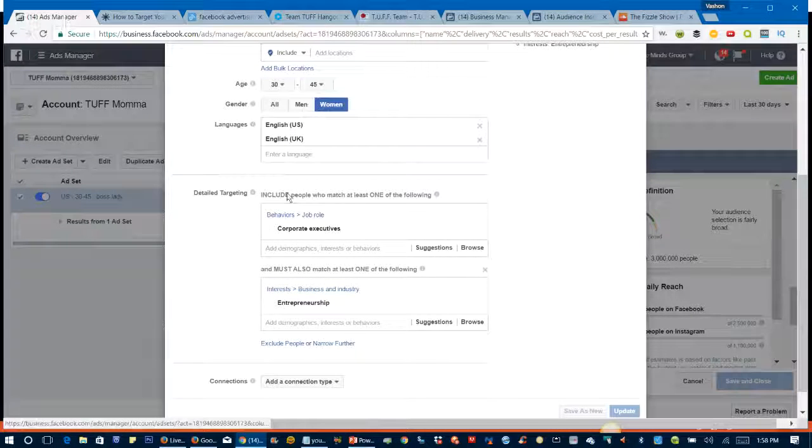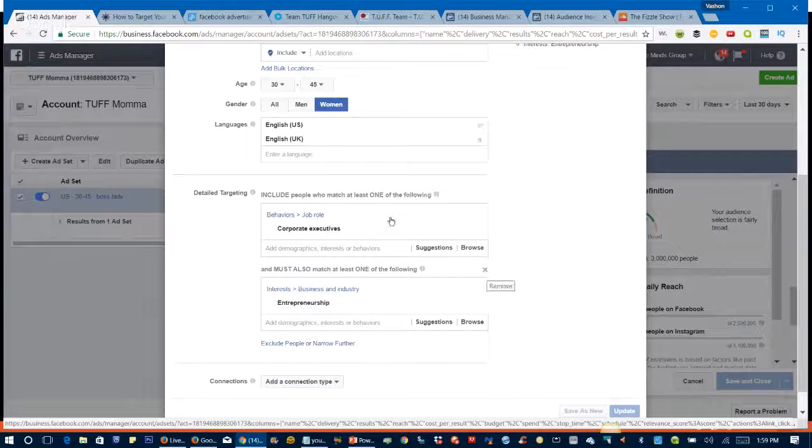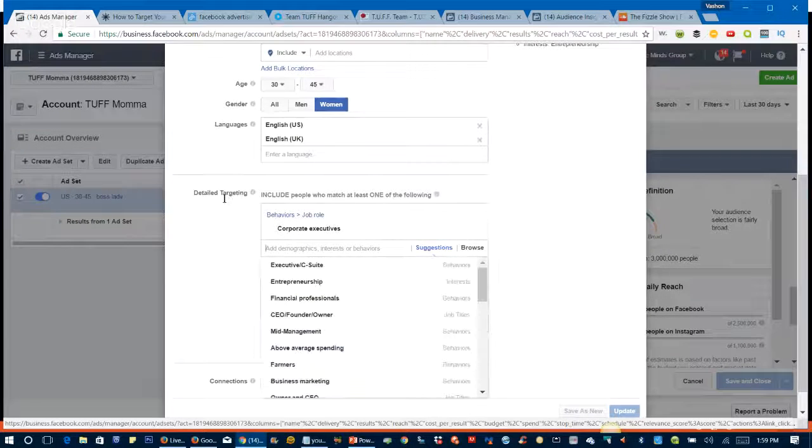You just want to do one at a time, and then test it and see which one of these ads works better. So if I was going to change this, obviously I've done a lot of testing, so that's why I have 2 in here, but I would remove these and then do a search in here, and you can type in whatever you want.